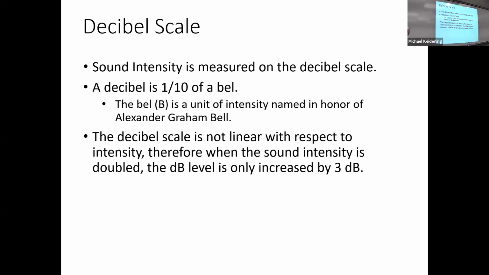And the bel is a unit of intensity named in honor of Alexander Graham Bell, and is a logarithmic scale. It's not linear with respect to intensity. And therefore, when the sound intensity is doubled, the decibel level is only increased by 3 decibels. And the actual formula, if you want to find out the intensity in watts per square meter from the intensity in decibels, if I remember correctly,